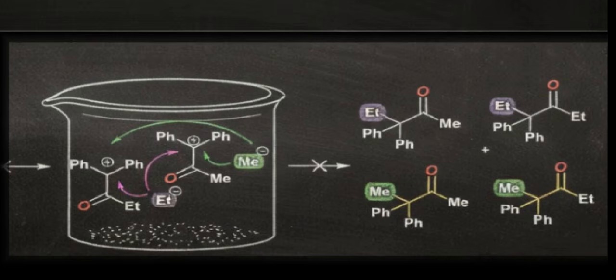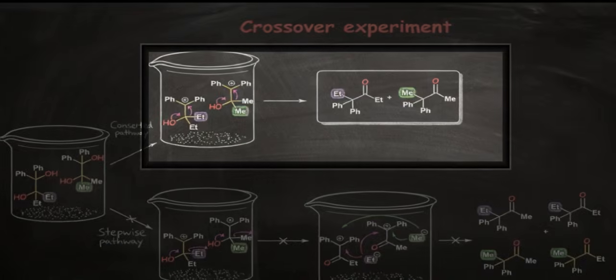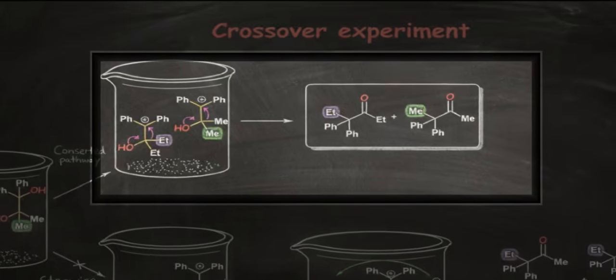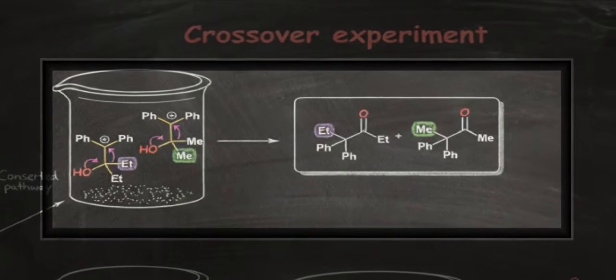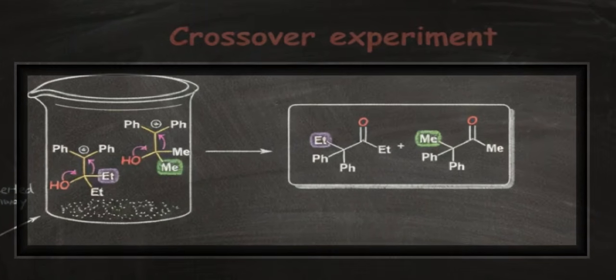Instead, the reaction follows the upper pathway, the concerted or intramolecular pathway. In this case, once the carbocation is generated, the 1,2 alkyl shift occurs immediately. The migrating group, either methyl or ethyl, shifts directly to the adjacent carbocation center within the same molecule. Because this migration is fast and internal, the carbocation does not have the opportunity to diffuse or exchange fragments with